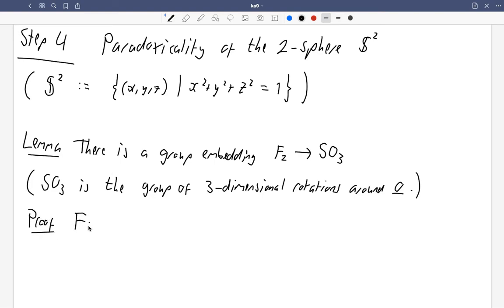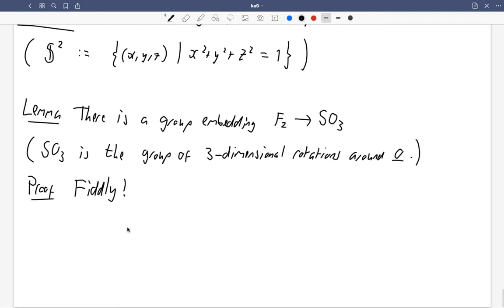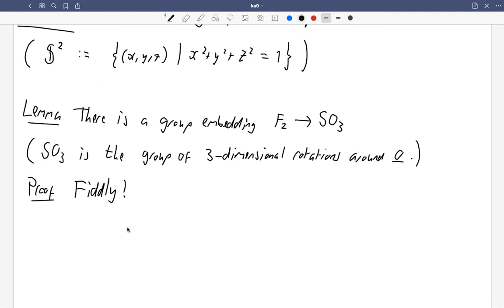So I'm just going to say the proof is fiddly. That's a little bit complicated to do. You can find it online if you're interested in looking for such things. Maybe before going on, just say it's not actually too surprising though, because the group of rotations is very rich,